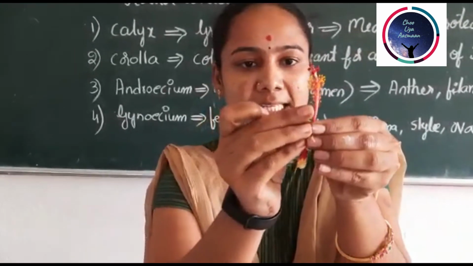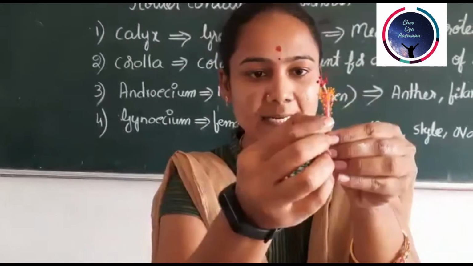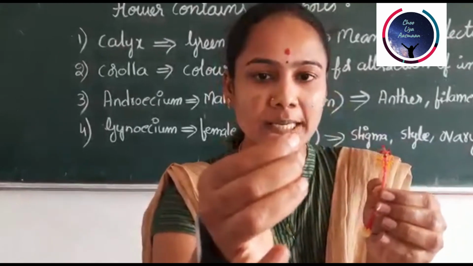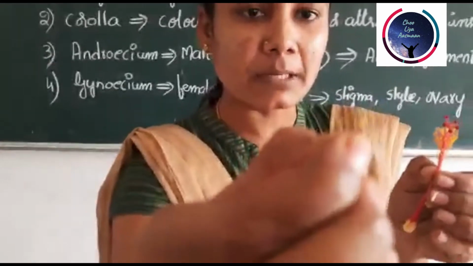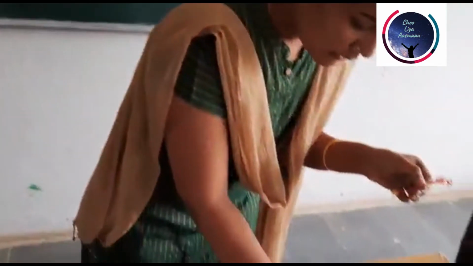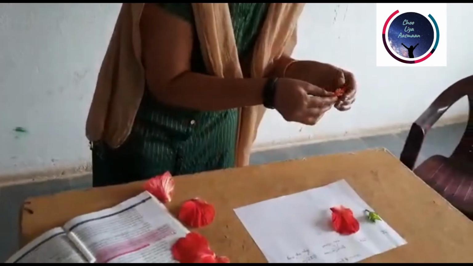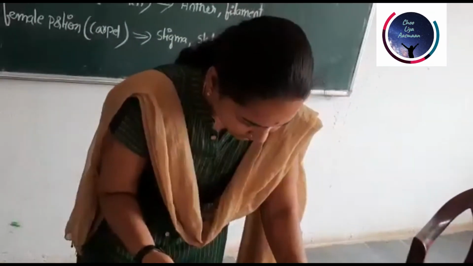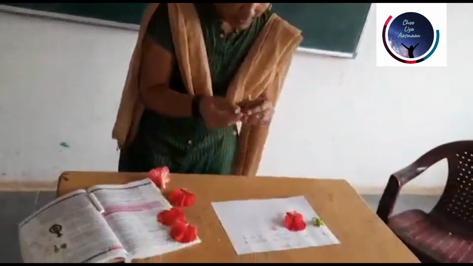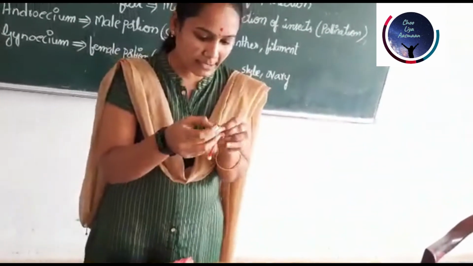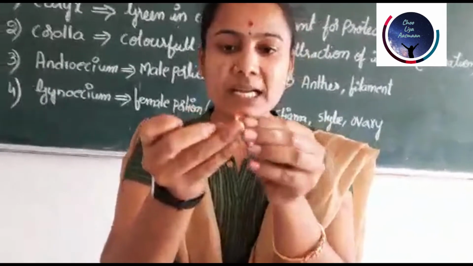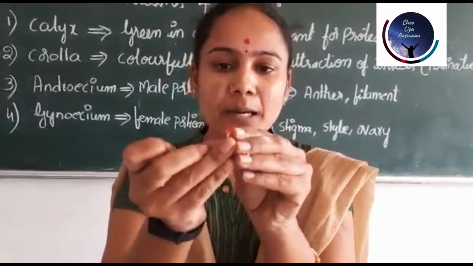This part which contains the anther and filament, these are the pollen grains. These are the male portion which contains the pollen grains, which includes anther and filament. Yellow color dots which are appearing are the anther. For easy, clear visibility, I am putting this on the paper. These are called the pollen grains. And I am removing the pollen grains here for showing the female portion. This is the female portion, here I am showing only the stigma and style.